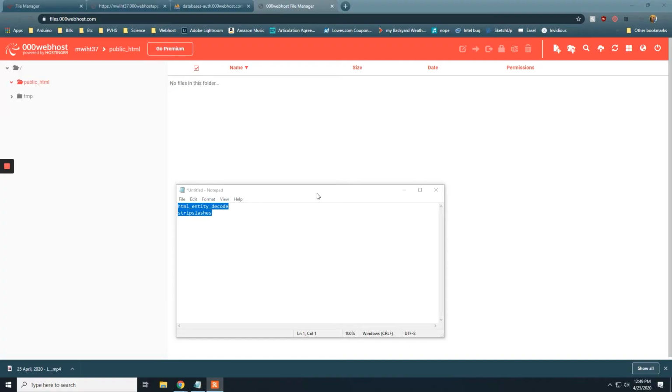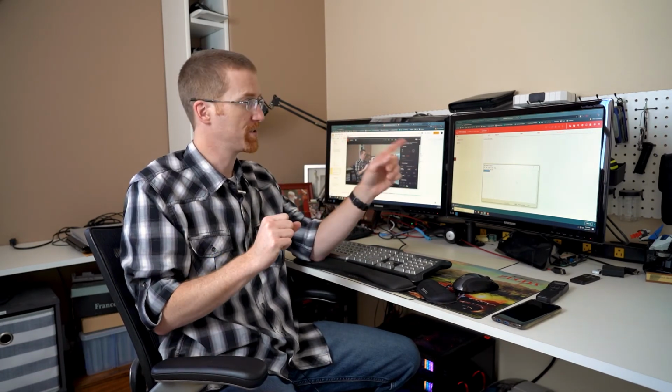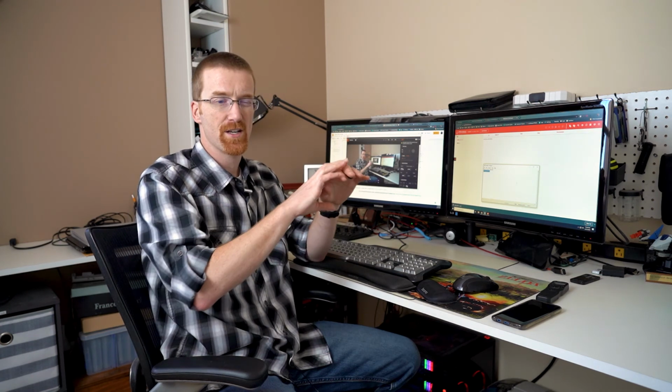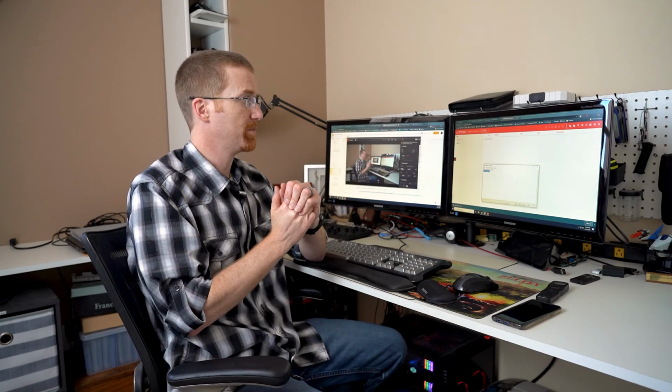So the answer is that you can use something, it's the exact opposite of what we just did, HTML entity decode and strip slashes. So what those do is you can encode and add slashes to anything that you're putting into the database to make sure that it's safe and sanitized. But then when it comes time to actually display that information, you would use decode and strip slashes to remove all of the sanitized stuff so that the code actually displays as text the way it was intended without actually running as code. So just keep that in mind if you need to remove the